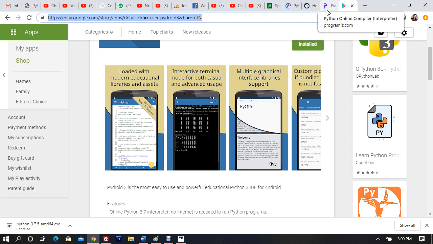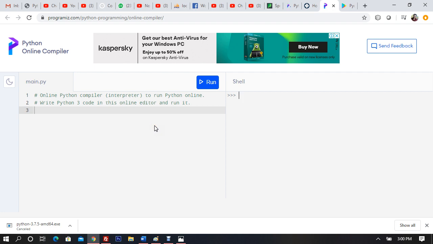The second link that I am going to keep is the Python online interpreter. You can find it here. Now you can see, I will say 1 plus 1 is equal to 2. So this is an online Python interpreter. You go to this website and start running your Python programs and start learning Python. But this is also not recommended. I repeat, this is also not recommended. The only recommended solution is that you go and start doing it from your PC.